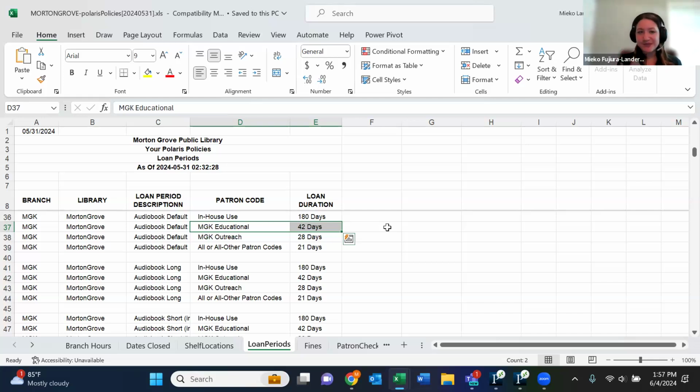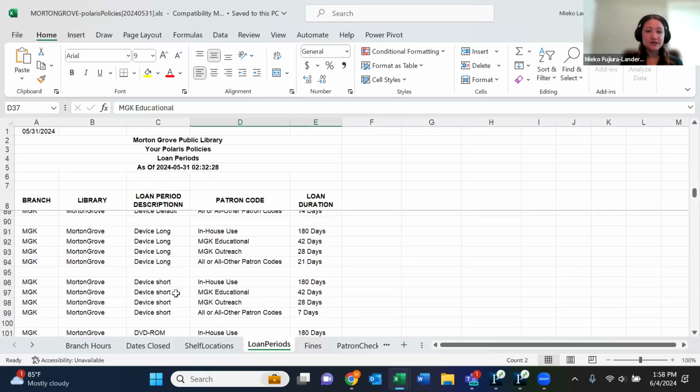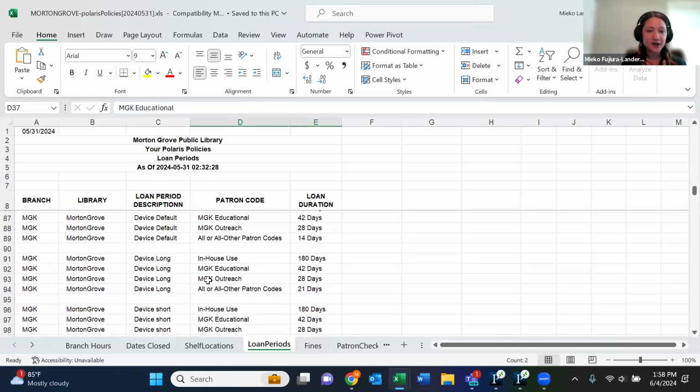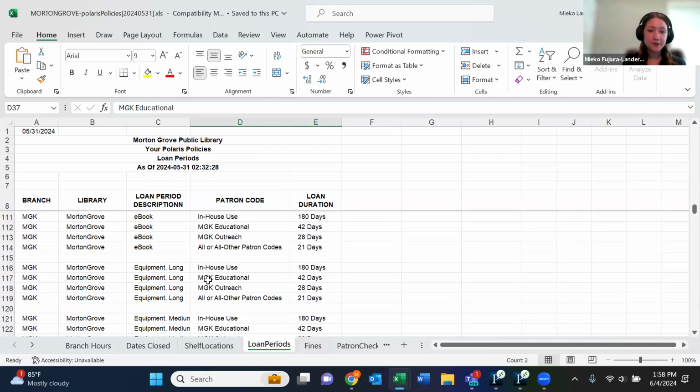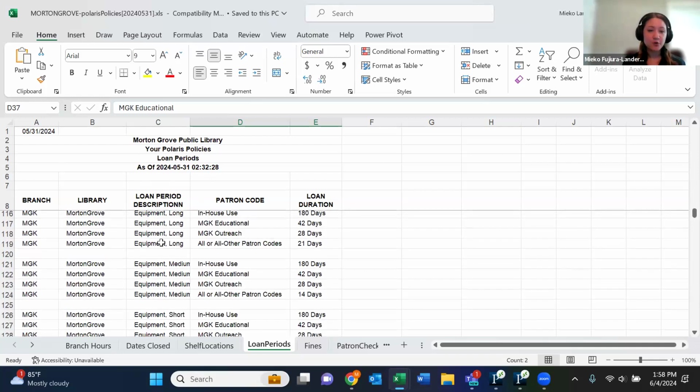So let's say this particular item is a tool. We anticipate patrons will need it for longer projects, so we want to give it at least a 3-week checkout. So I will scroll through our loan periods to find the loan period description that best reflects the type of item, right? So if this is a tool, maybe device may not be the best match for it. I'll keep going. So let's say I have some equipment here, which matches our tool,